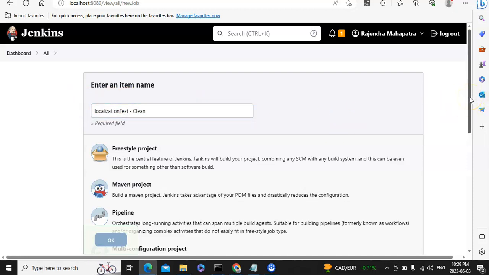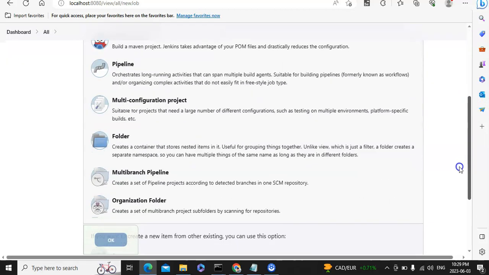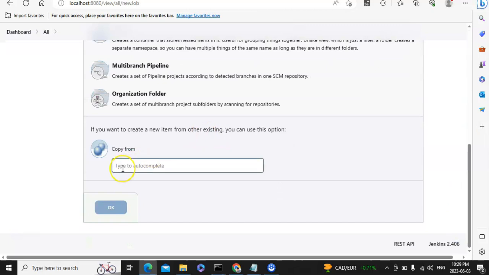So basically here what we are going to do is we are going to clean the project. Okay, and I'll write copy from localization